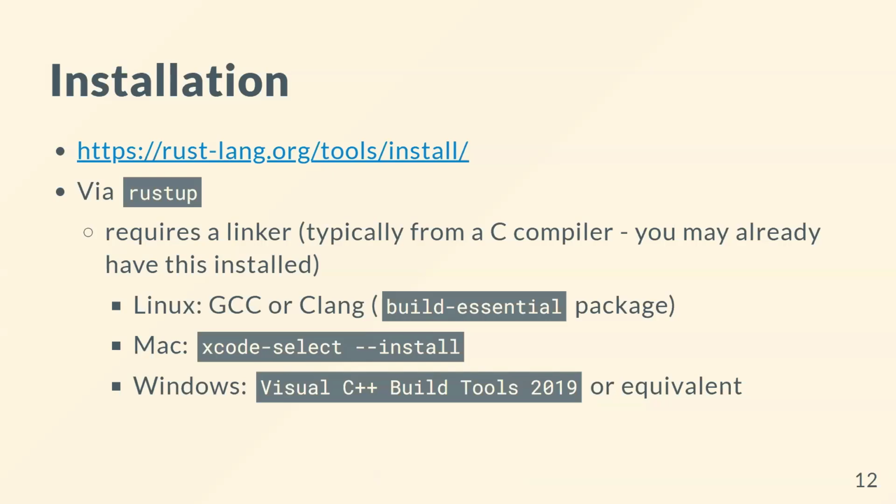The one slight gotcha that people might sometimes trip up on is the requirement for a linker. Most of you will already have a linker installed, but if you don't, then you'll probably need to install GCC or Clang on Linux, which you can do via the Build Essential package, among other things. On Mac, you might want to install Xcode Select, and on Windows, it'll be the Visual C++ Build Tools 2019